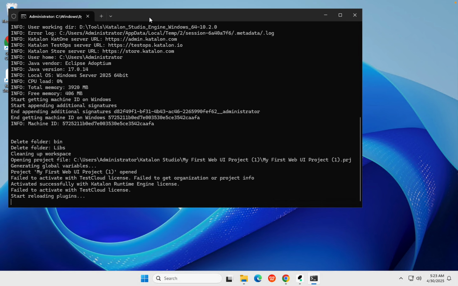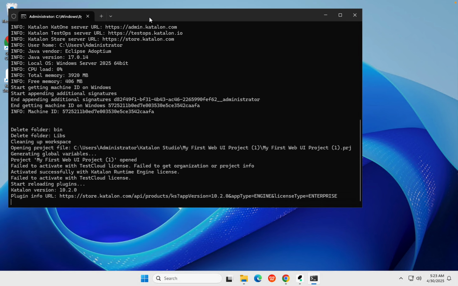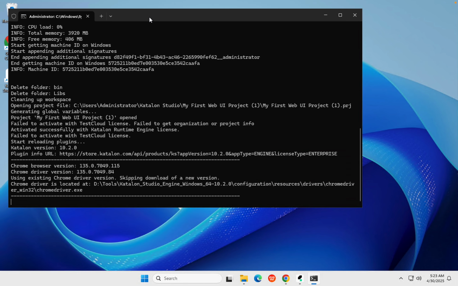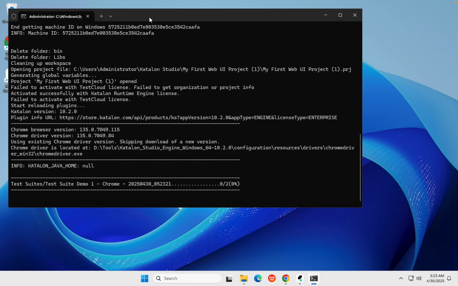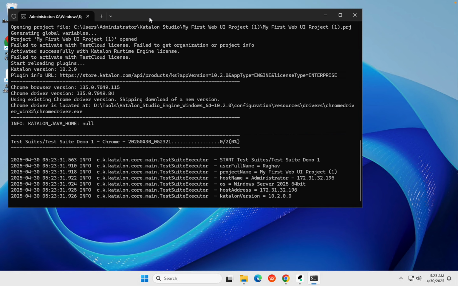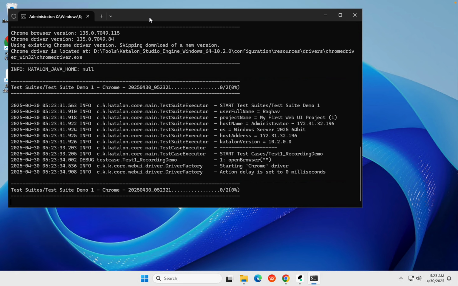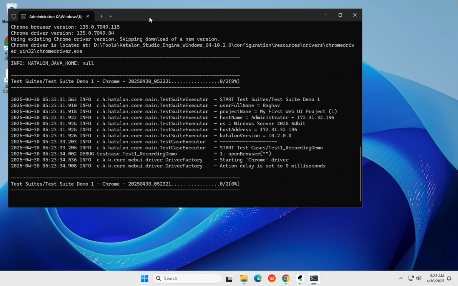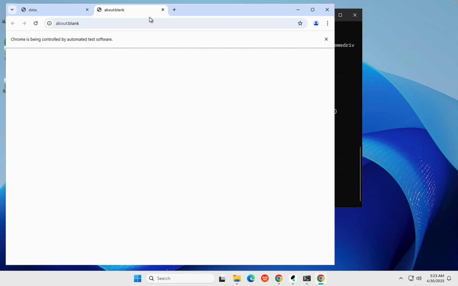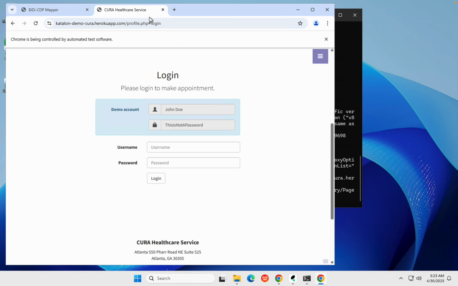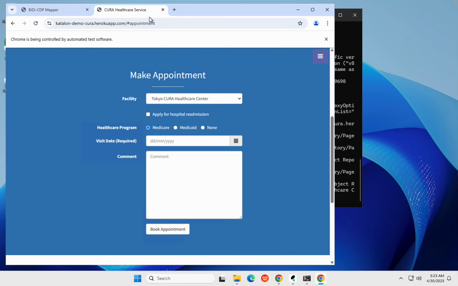So I think the license thing is done, so it is now going to run, updating the web drivers, and yes, you can see it is now starting the test suite, that is test suite demo 1. Okay, yes, it opens the browser,